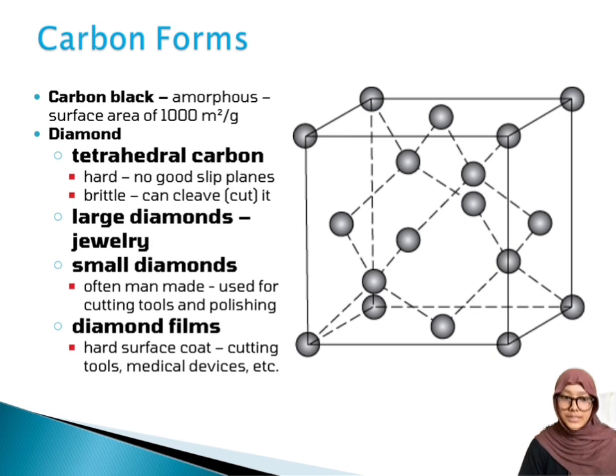And next, diamonds. Diamonds have tetrahedral carbon, and are very hard, very brittle, and also don't have any slip plane. There are 3 categories of diamonds: large diamonds, small diamonds, and also diamond films. For large diamonds, the example is jewelry. Small diamonds are used in cutting tools, often man-made and used for polishing. And lastly, diamond films. They give a very hard surface and are also used in cutting tools and medical